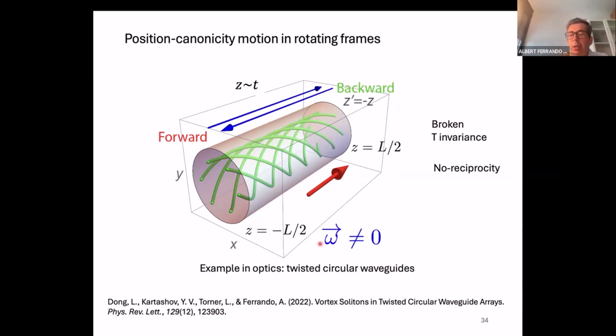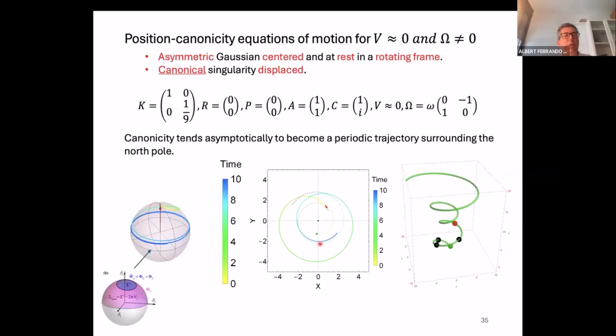So it would be interesting to see, and it's possible to study this because our formalism allows you also to study the case when you introduce a rotating frame. In order to make the two cases different, I will assume that we are introducing a very shallow harmonic potential, so basically I can neglect this term. If you neglect this term, you only include rotation, and you start also with a canonical